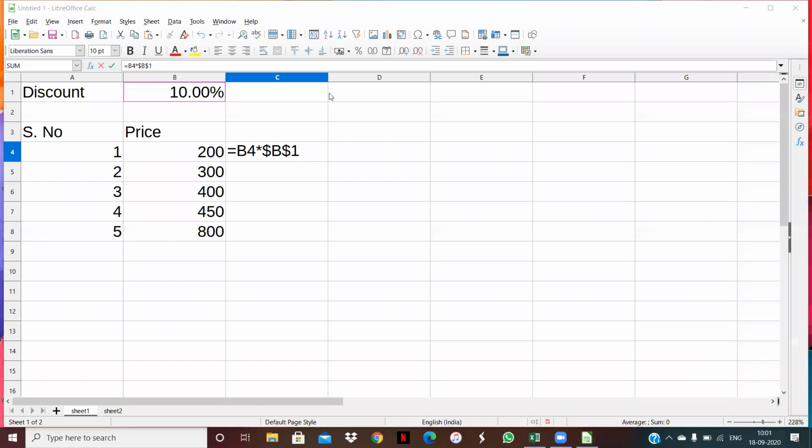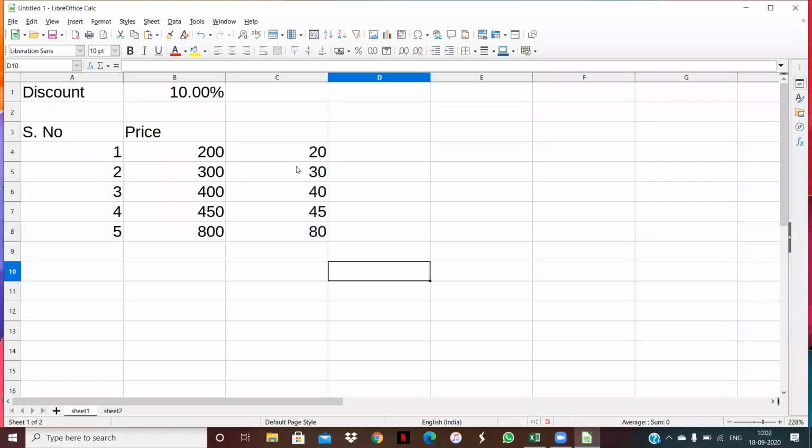The cell value that we want to fix, we add the dollar sign before the address of that cell. The address of this cell is B1, so we add $B and $1. After that, we click enter. Clear, my dear students? Now I am going to drag this for the rest of the cells. It calculates the 10% of all these prices.